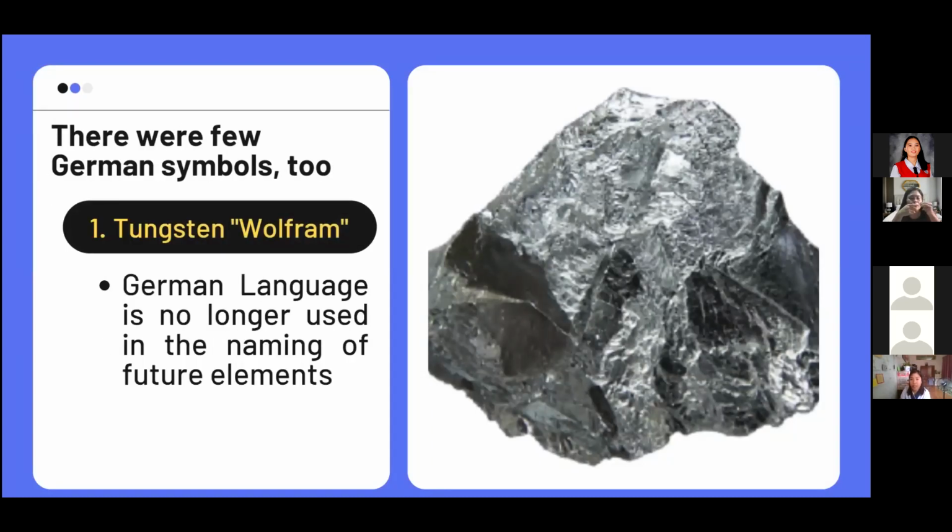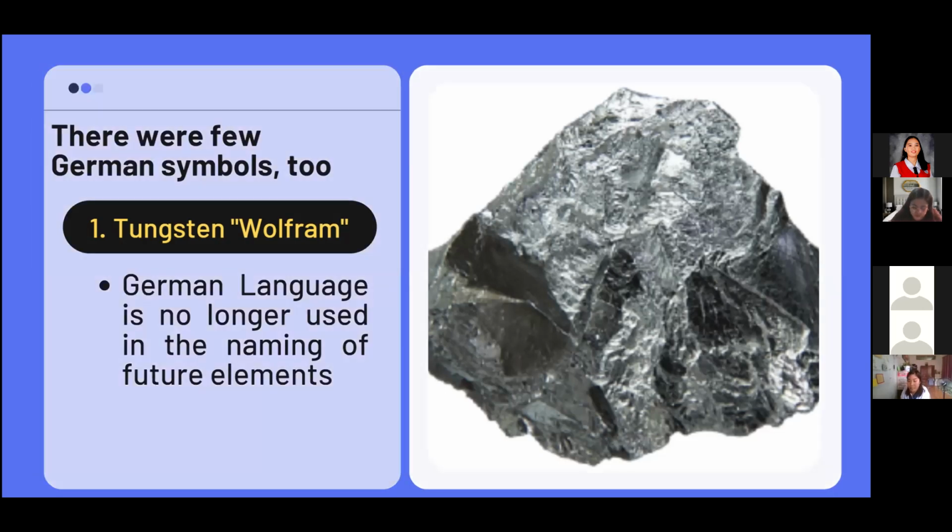Okay, so we also have elements na ang kanilang symbols were derived from their German names. For example, is it tungsten? So ang kanyang symbol is W, which parang kakaiba kasi hindi siya makita sa name ng tungsten. So it is actually derived from the German name, which is wolfram. So actually, we use tungsten on a daily basis. So makikita to siya sa ating mga earphones. So tungsten helps improve the bass quality of our earphones. So pag maganda yung sound quality ng inyong earphones, this is actually because of the presence of tungsten.